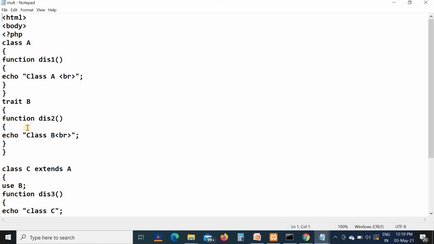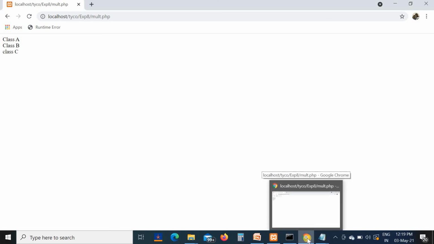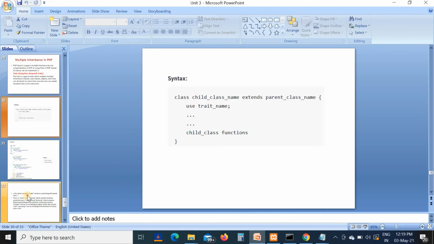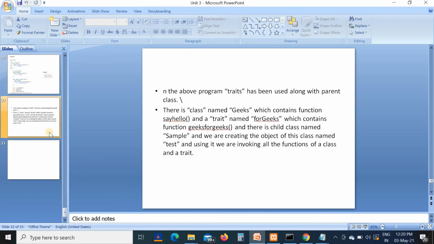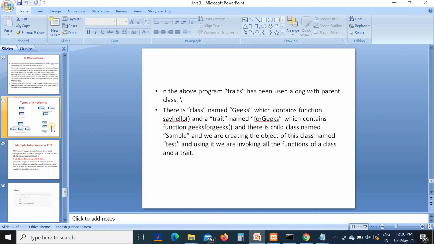We are calling a trait class in a derived class. Trait classes are another kind of base classes. These are the different types of inheritance present in PHP.